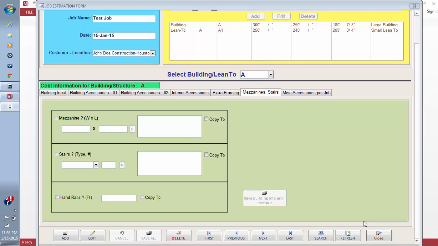Just as a quick reminder, the two structures we estimated for in this particular job: the first one was a regular building called A, and the second one was a lean-to structure related to building A, called A1. So at this point, we are ready to move on to the next tab, which is the